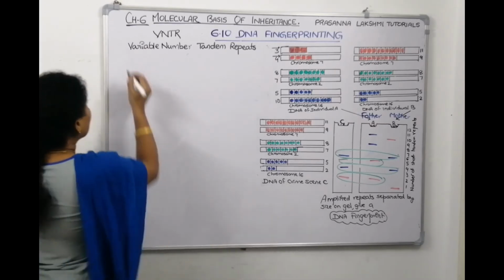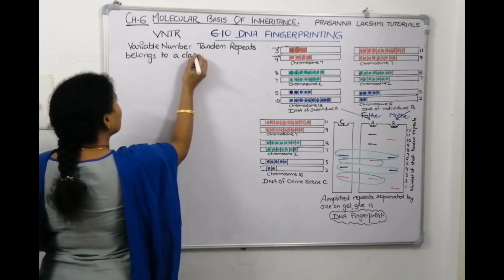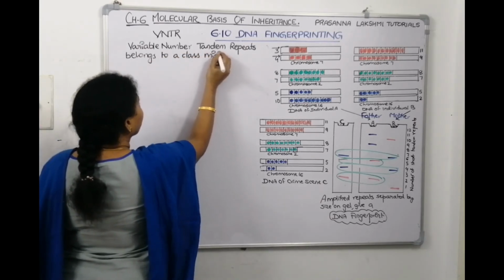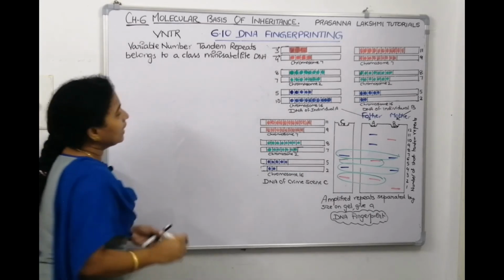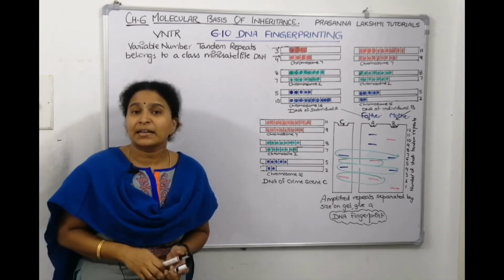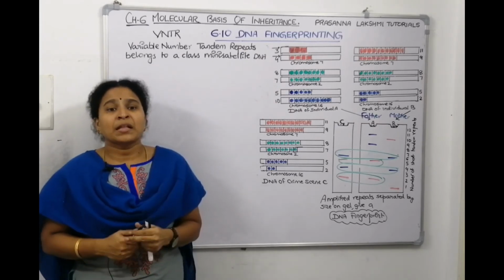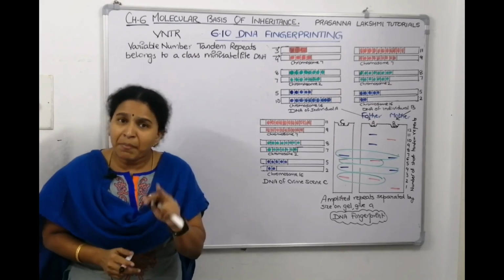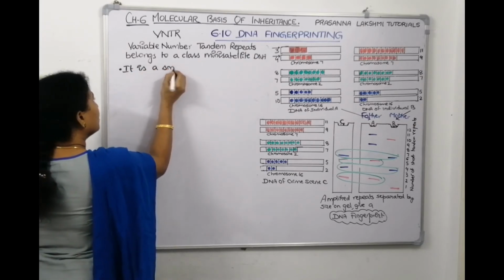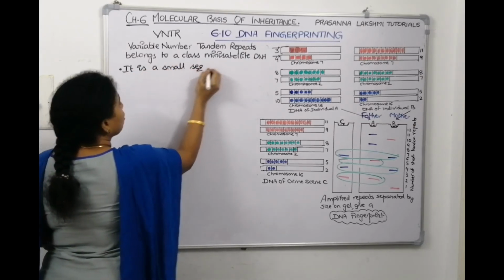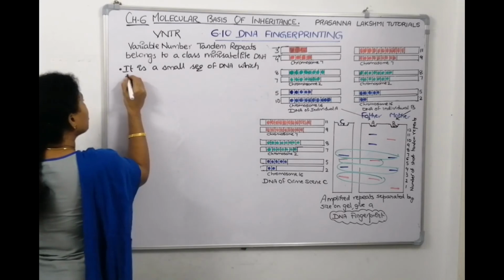And so VNTR, it belongs to what? It belongs to a class of mini satellite DNA. In the previous lecture we discussed what is microsatellite and mini satellite. It is a small DNA sequence that is arranged tandemly in many copies. What is VNTR? It is a small sequence of DNA which is repeated